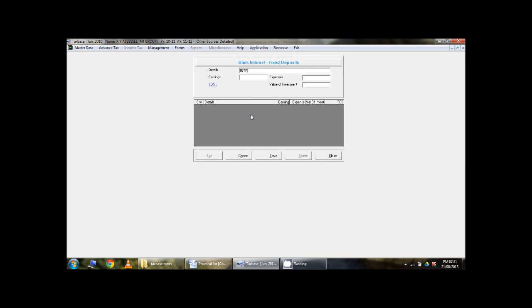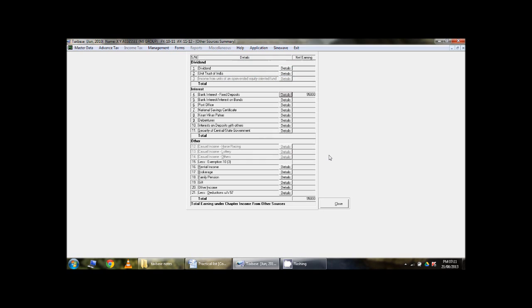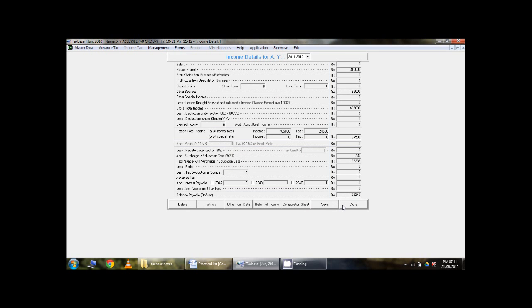Suppose interest from SBI, earnings 95,000, and investment of rupees 10 lakhs. Ignore TDS. Click on save. Click on close. An income of 95,000 shows as income from other sources. Click on close, you will be taken to the main computation sheet where we will see that the house property income of 3,10,000 is shown, the other sources income of 95,000 is shown, and the gross total income of